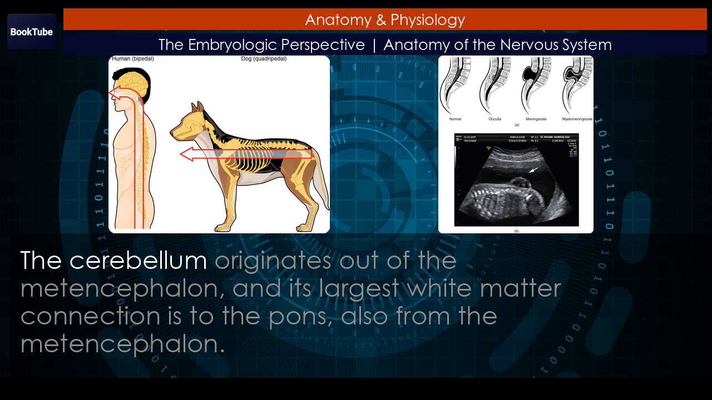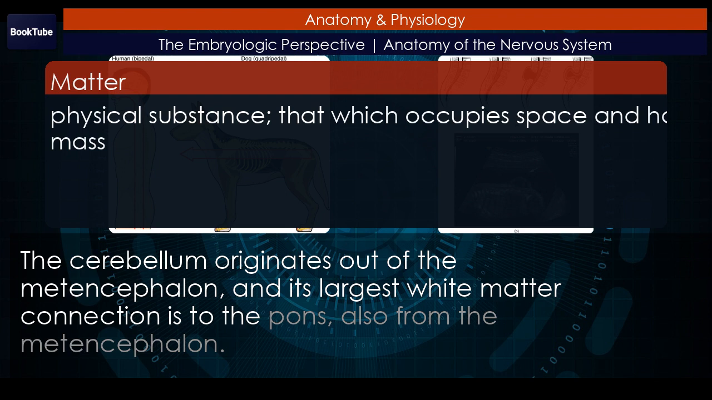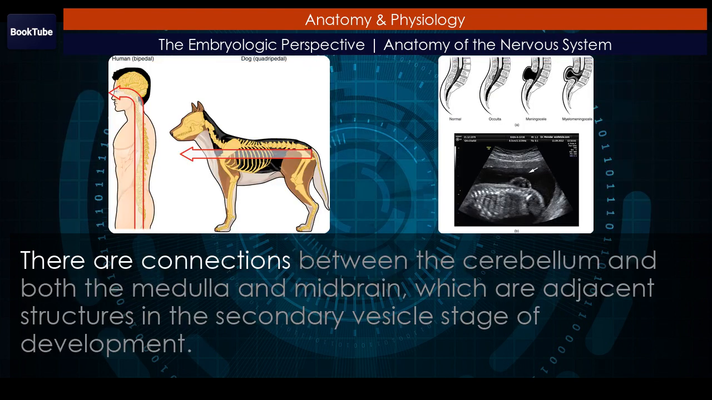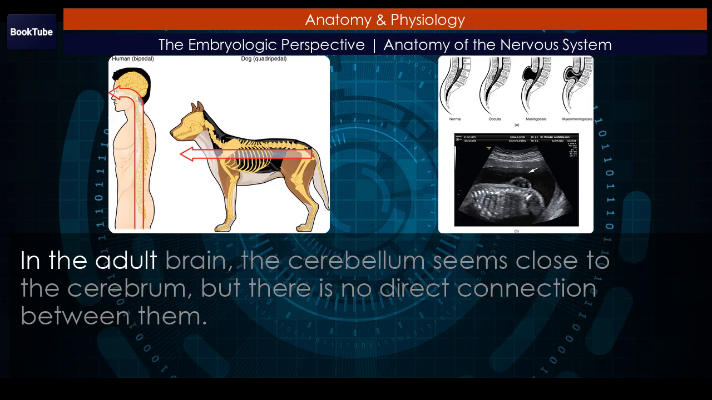The cerebellum originates out of the metencephalon, and its largest white matter connection is to the pons, also from the metencephalon. There are connections between the cerebellum and both the medulla and midbrain, which are adjacent structures in the secondary vesicle stage of development. In the adult brain, the cerebellum seems close to the cerebrum, but there is no direct